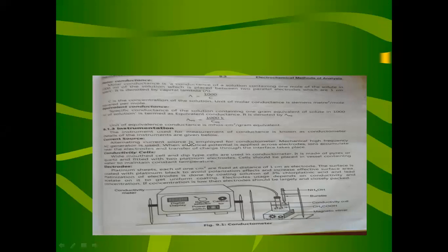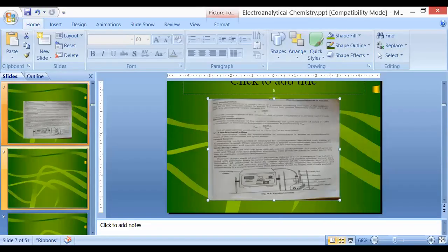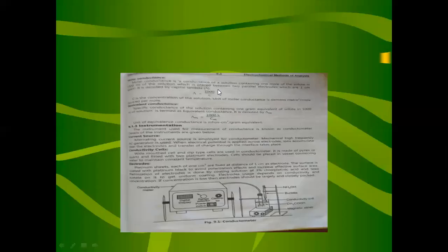So if we provide this unit specificity to the solution, this is known as molar conductance. What is molar conductance? It is when we take a solution containing 1 mole of solute in 1000 ml of solution, with electrodes placed 1 centimeter apart from each other. The current flowing through this solution is known as molar conductance, and it is measured in lambda, that is capital lambda. These are Greek letters which are used to denote the different unit volumes of the solution.